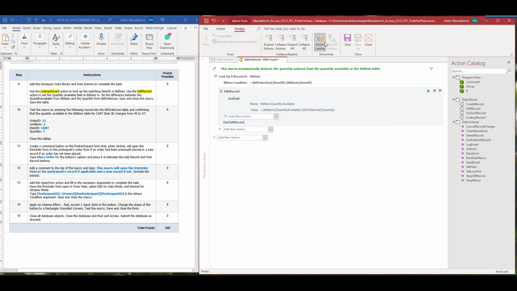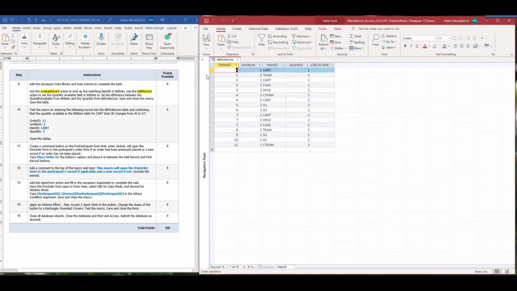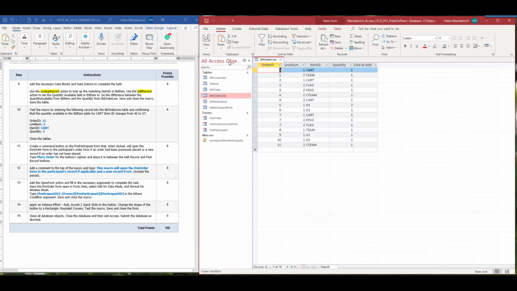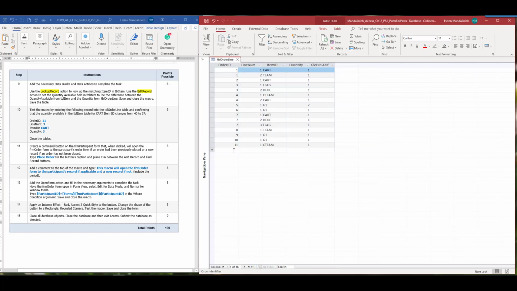Okay, we're going to save it. Let's just verify we have everything we need and close it. And then we're going to test it. So here's what I want to do. I want to get out of it, and then I want to get back into it. So we're going to put in a new record: order ID 11, line item 2, cart,